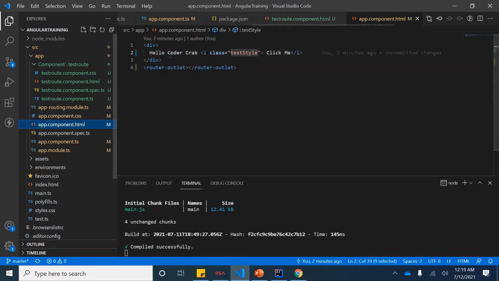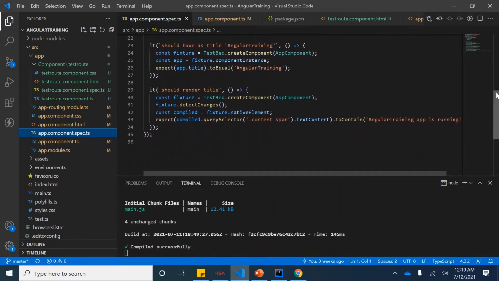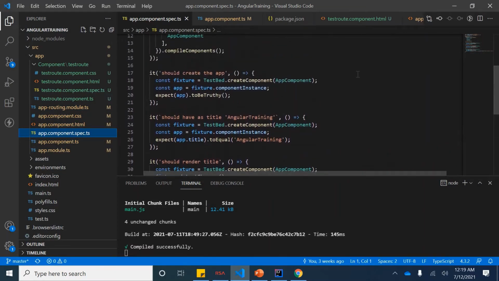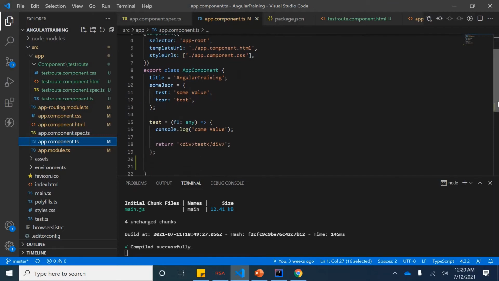As for the HTML, as you know, we are going to add different HTML. In future you'll need a big page, right? So you'll have multiple divs and spans inside, so that's the HTML. And this app component unit test file is where you test features, like whether your component is created or not, all those things. So this is for unit testing. And then app.component.ts is the essential file which you are going to have.